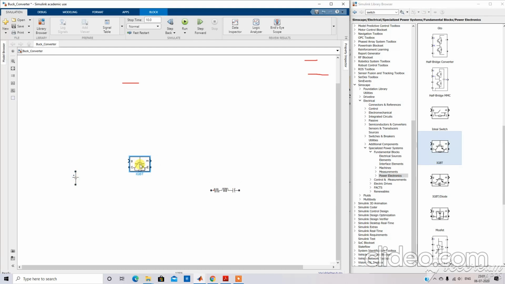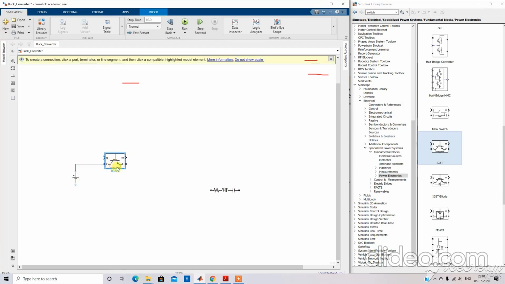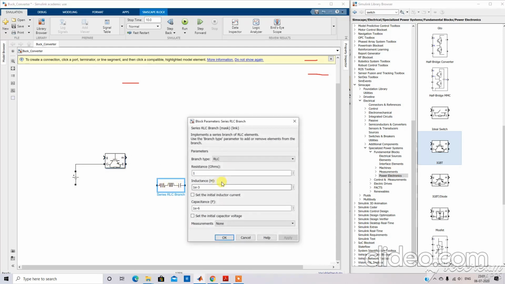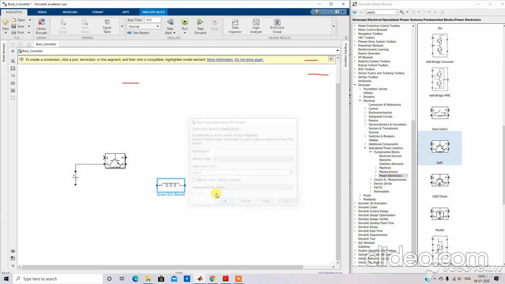This switch we will connect to a DC source, and then we will keep one inductor. To rotate this inductor, we have to press the Control R command.